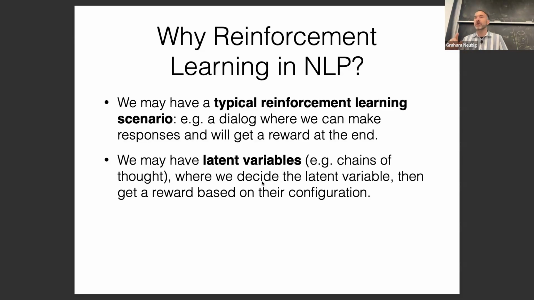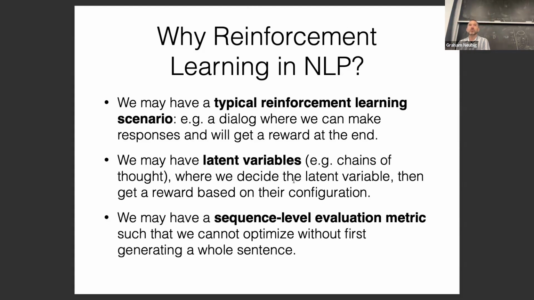That's an example where we have a math question, we have the answer to the math question, but we don't know what the chain of thought in the middle should be. And so that's an example of where we would want to be optimizing a latent variable and finding the latent variable. So you do rollouts where we generate latent variables, grade them, and then upweight the ones that are good, downweight the ones that are bad.